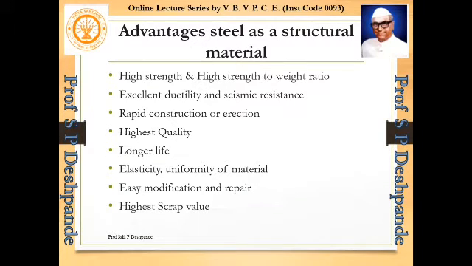Then after the construction of the steel structure, even if you want to make any modification, it is very easy to make the modification because we are going to connect it. We are going to join it. So all the parts which are joined, if you find that any of the part is to be replaced, you can remove that part and you can rejoin it. Similarly, if you want to repair, the repair is also comparatively easy, and replacement is also comparatively easy as compared to any other material.